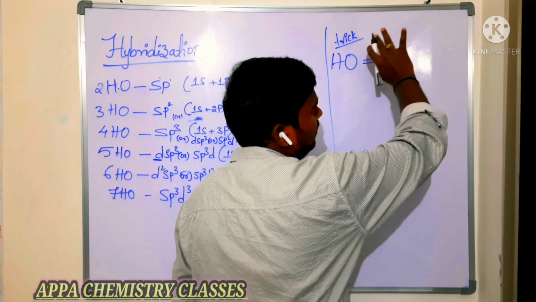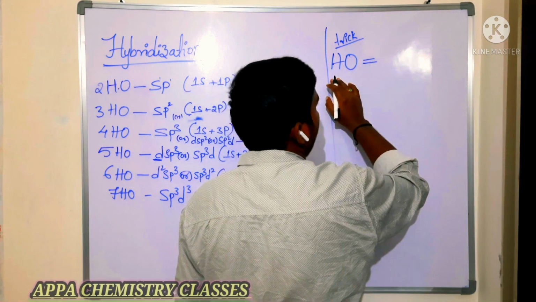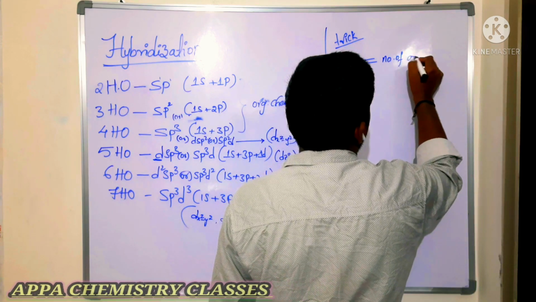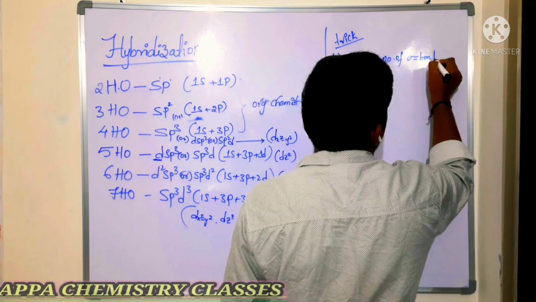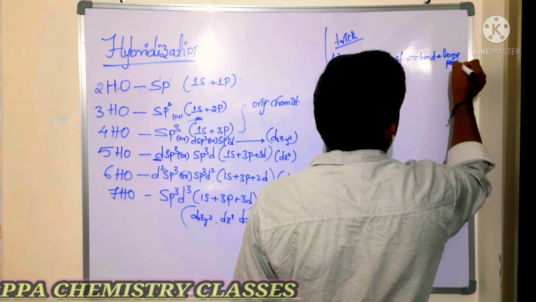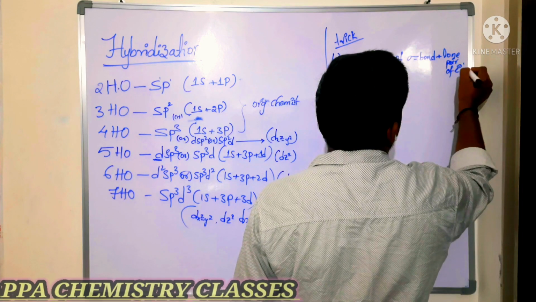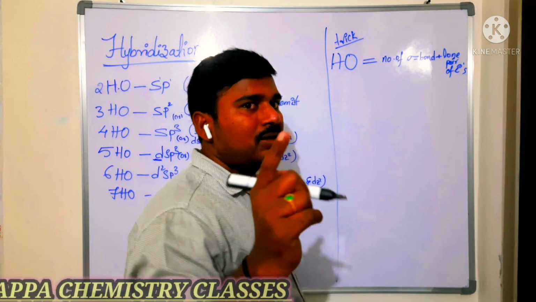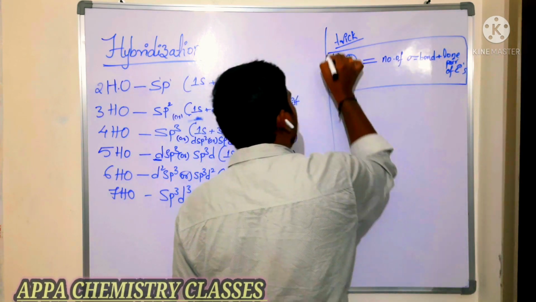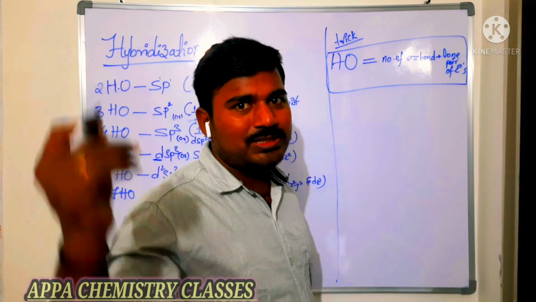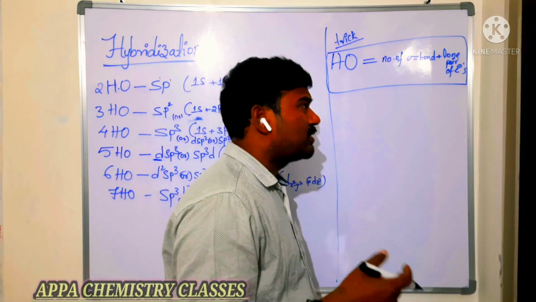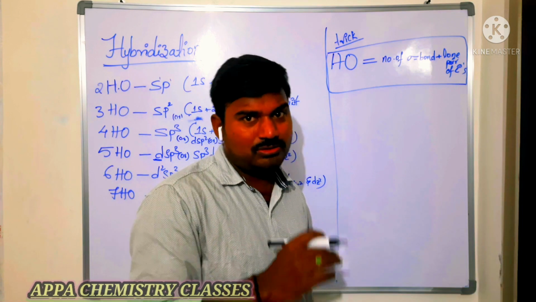Number of valence electrons. So how are you going to get the hybrid orbitals? Number of sigma bonds plus lone pairs of electrons. Is that clear? If two electrons are there, that is one lone pair we have to count. So this is the formula to calculate hybrid orbitals. If you know the hybrid orbitals, you can decide the hybridization. How to get the number of sigma bonds plus lone pairs, we are going to see now.